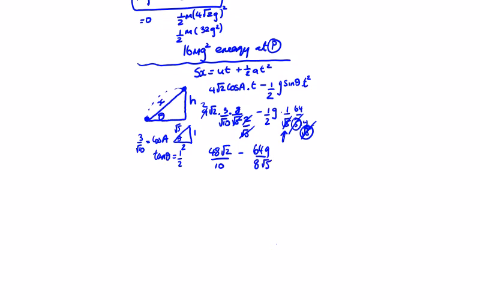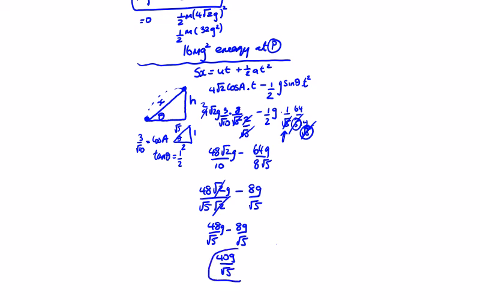So that's going to be, I got rid of the root 2 by saying 48 root 2 over root 5 root 2 minus 8g over root 5. So we get 48 over root 5 minus 8g over root 5. I did leave my g out of the initial 4 root 2 g. So I just need to bring that g back in. I knew that was missing. So what's that leave? That leaves 40g over root 5